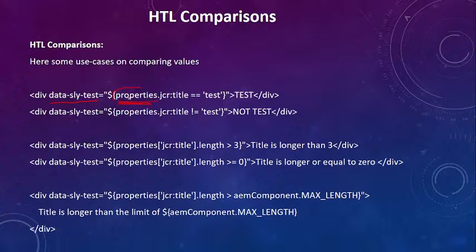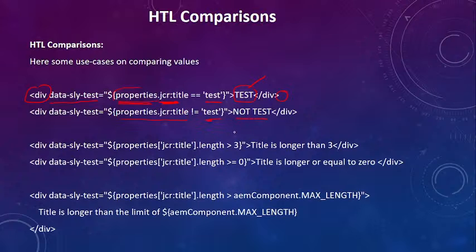And after that, here I have used properties.jcr:title equals test. So if your jcr:title equals test, then you will receive this code, whatever code you have defined inside this div, which is opened and closed. So you will see the output. You will print this text. After that, if the jcr:title is not equal, then you will receive this